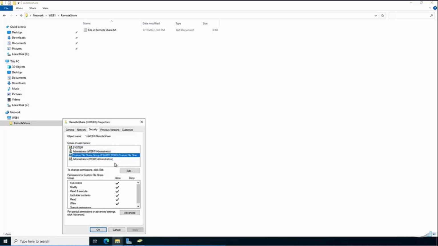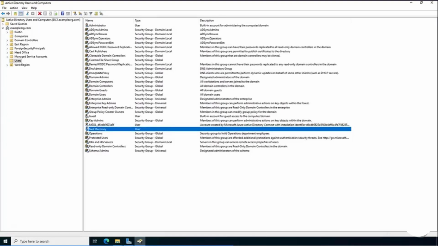If I right-click and select Properties on the Security tab, you can see the custom group was given permission to access and modify the contents of this remote folder. So groups are a way to grant the same set of privileges to multiple users. Let's go back to the Active Directory Users and Computers window, and in the domain data store, we store information about